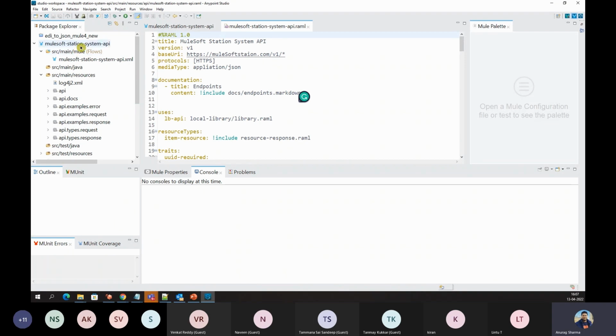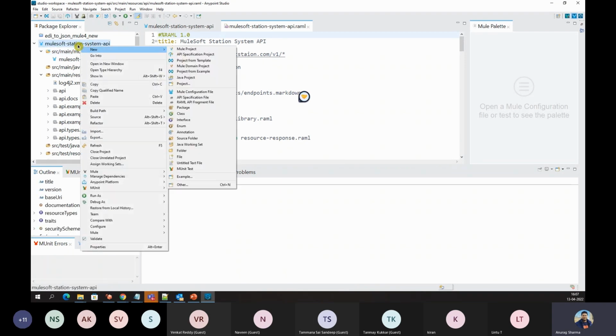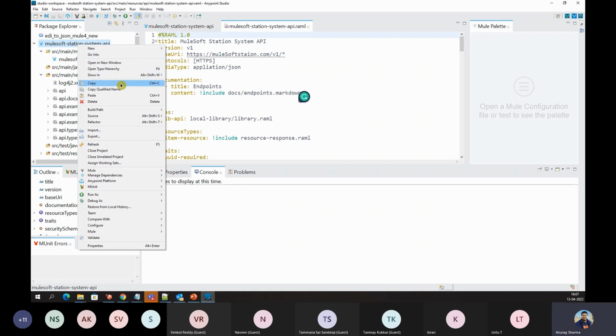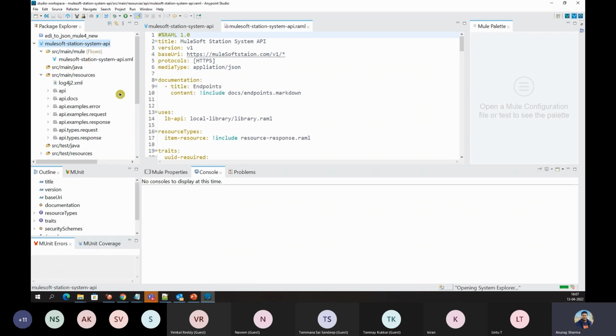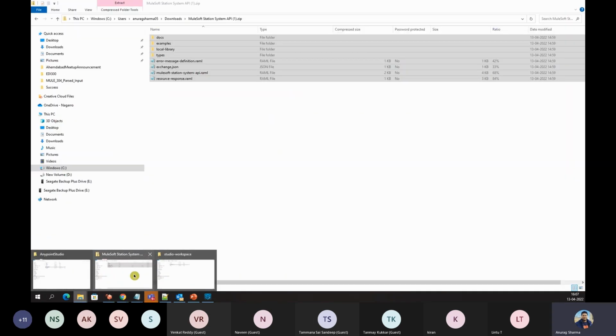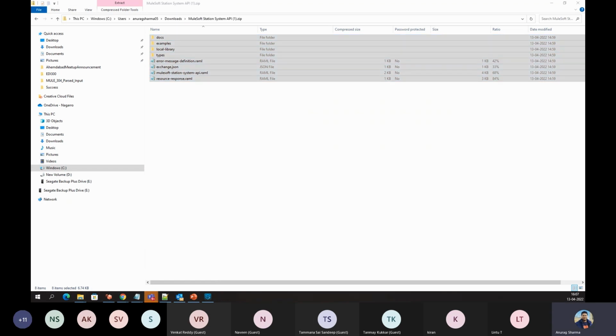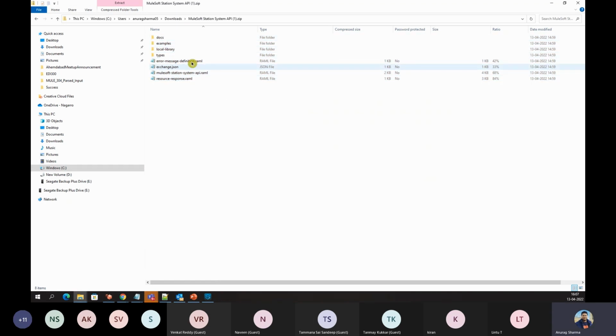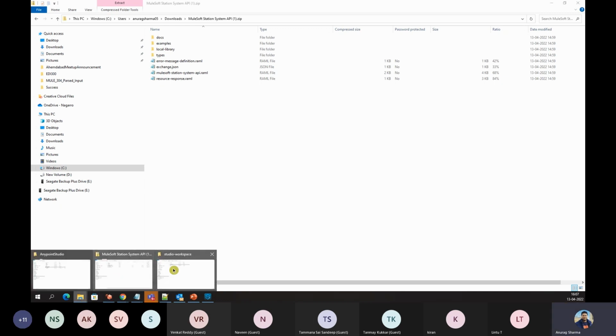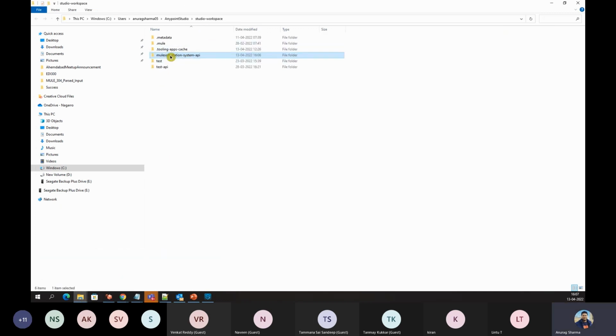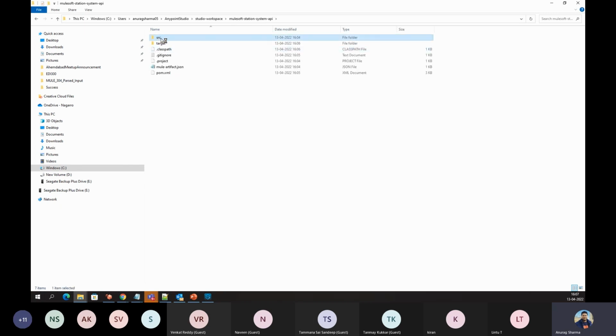And then if you are a beginner, what you can do is just right click on this and then Show in, go to System Explorer. If you click on System Explorer, it will show you this project in your folder. It is this one. Okay, so it will show you in your file explorer something like this. It is the created one, and then if you go to src main and resources API, all RAML documents are